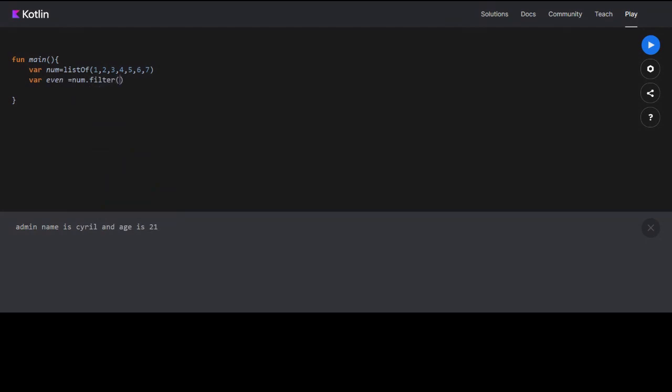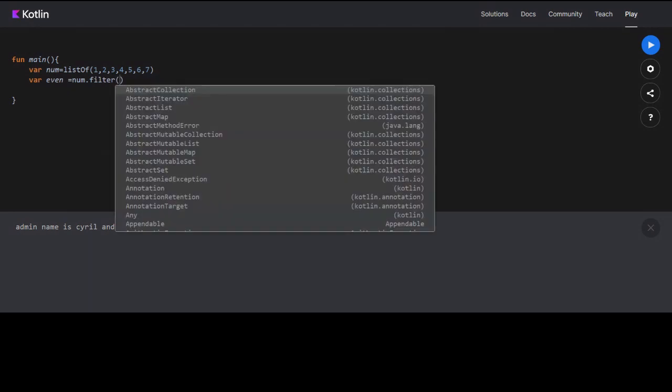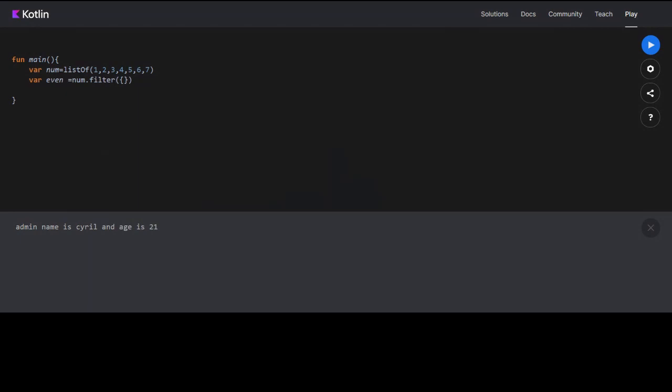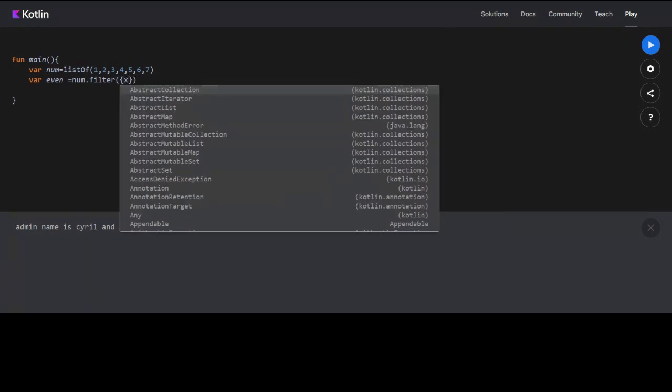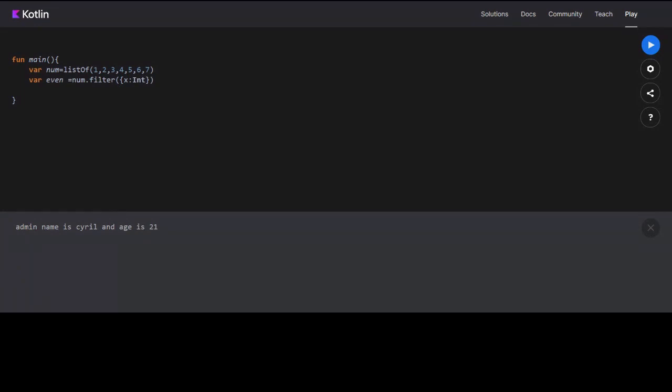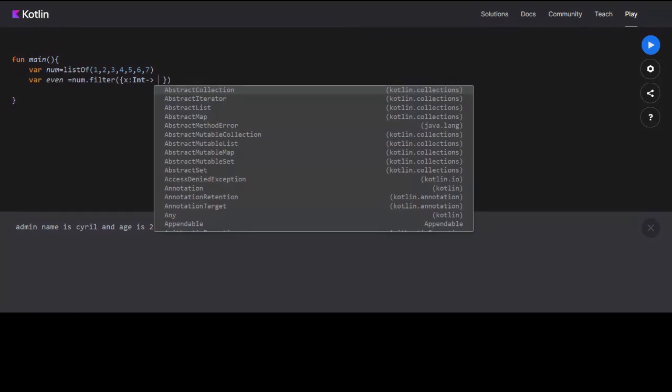Okay, now what filter takes is a function. So here we usually use lambda functions. As I already told you, for lambda functions we need to give an input like say x is equal to, so this x will be the values of the list. The values of the list will be passed to x one by one. So filter iterates through the list and then calls this function with these values. First it will go to 1, then it will pass 1 to x, then it will perform this task. What we have to return is a boolean value, true or false. If we want to include it inside our new list, we return true. If we don't want to include it, we return false.